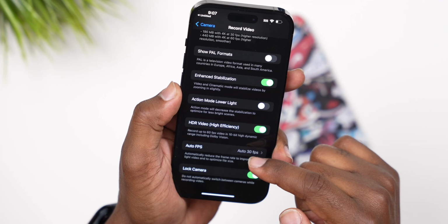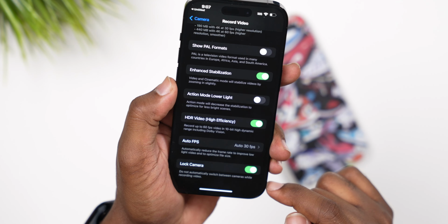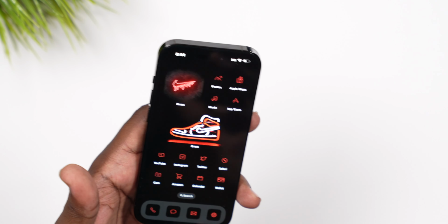All right, y'all, so moving right along to number 12, the next thing we got to turn on is lock camera, y'all. Now this is something I do personally, because I don't really like when the iPhone camera itself switches between the different lenses when I'm not really wanting it to, whenever I'm getting closer to a subject or moving further away from the subject. Now, don't get me wrong, it is a dope feature in theory, but only when I actually want it to happen, which is not all the time at all. So what I do is I turn this off to prevent that from happening